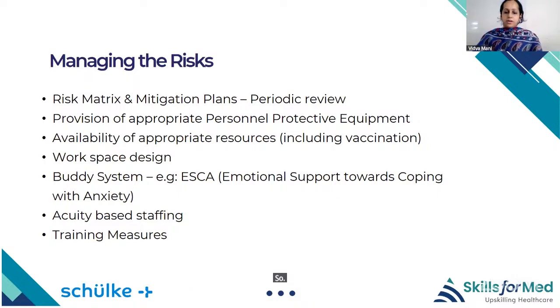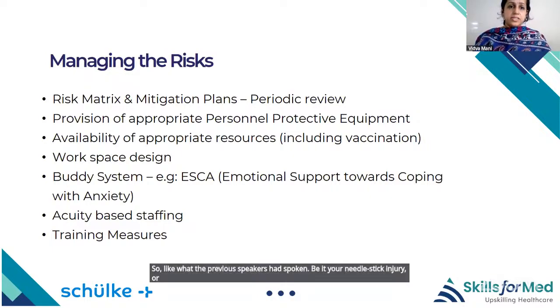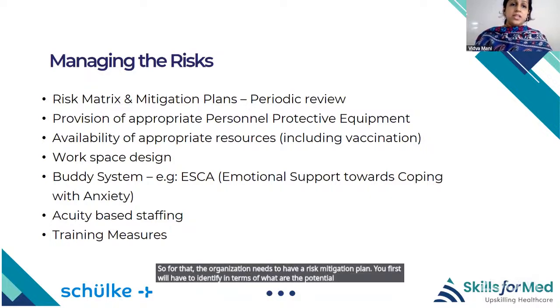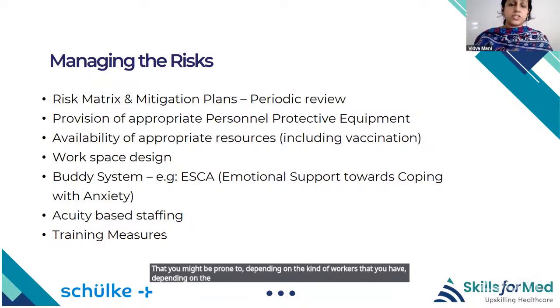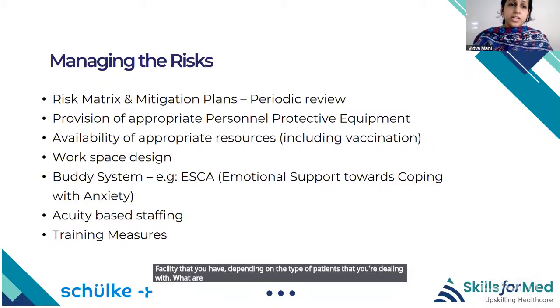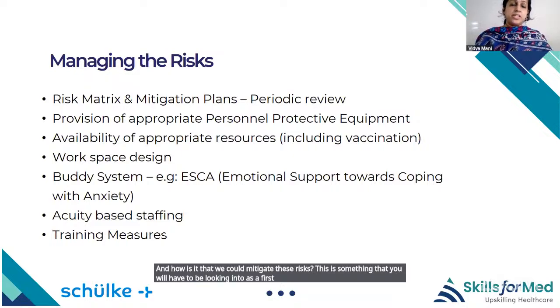So like what the previous speakers had spoken, be it needle stick injury or any of the risk factors in your organization, what is important is for you to understand what really could go wrong in your organization. So for that, the organization needs to have a risk mitigation plan. You first will have to identify the potential risks that you might be prone to, depending on the kind of workers that you have, the kind of infrastructure or facility that you have, and the type of patients that you're dealing with. What are the potential risks that we could be facing, and how could we mitigate these risks? This is something that you will have to look into as a first step towards managing the safety